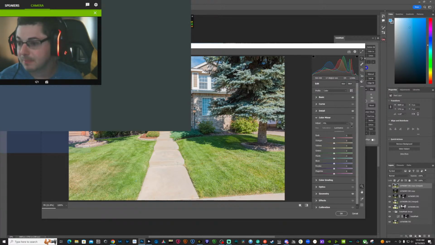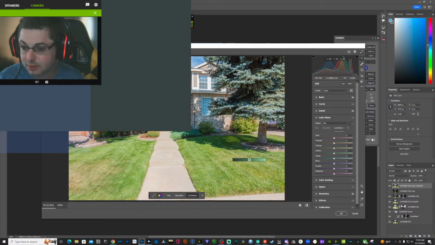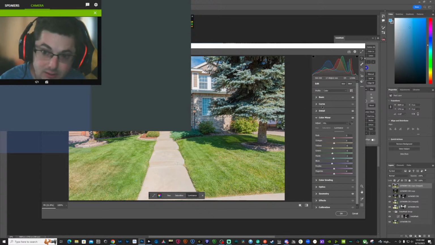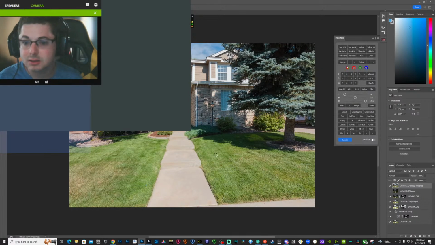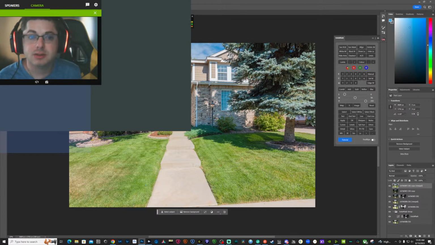Do some color mixing. Let's go after our yellow greens a little bit. That way we retain just a little bit more detail in those. But there's a little bit of blue in here, so maybe bring back some of that detail. So yellow greens, reds, blue greens there. I'm gonna call that good. It's a really nice image.